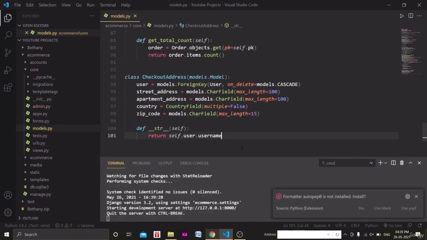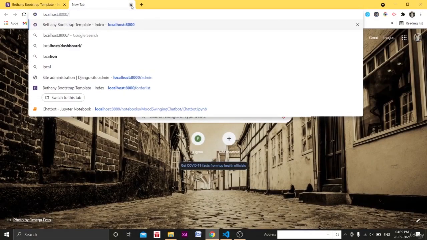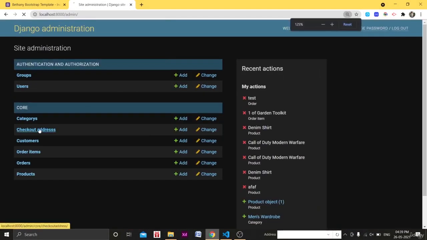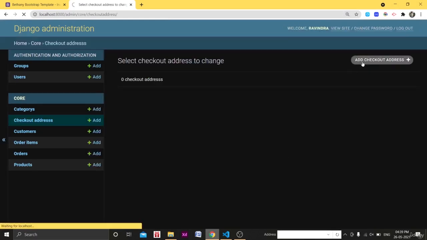Now once you have created it, let's go to the admin panel and see how it looks. So localhost, I logged in as admin only, so it will directly open the admin panel. As you can see here, I have checkout addresses. It may be checkout addresses, meaning a lot of addresses must be there, and when we hit on this add checkout